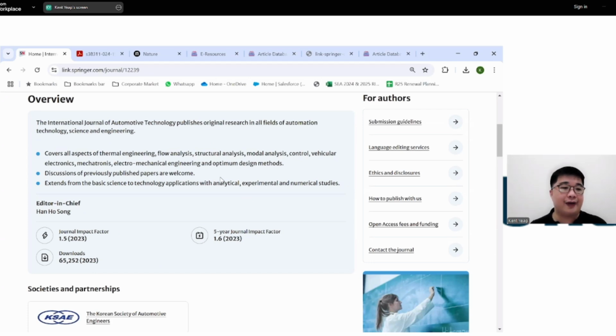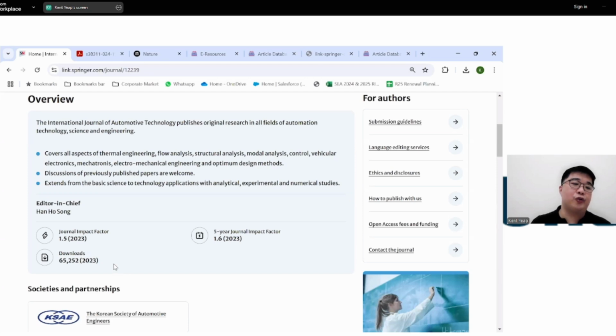What are the different types of articles that are being discussed in this journal? Who's the editor in chief? A little bit about the metrics of the journal itself. So this one has an impact factor of 1.5 for the last 2 years, and for the last 5 years a 1.6. This journal has had 65,000 downloads in the year of 2023.